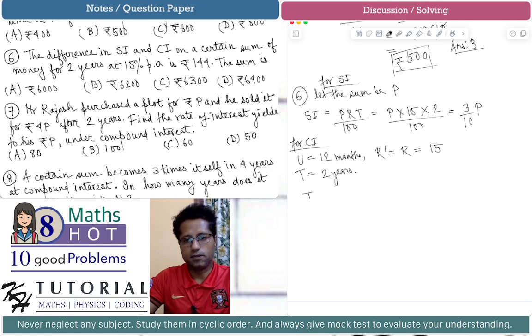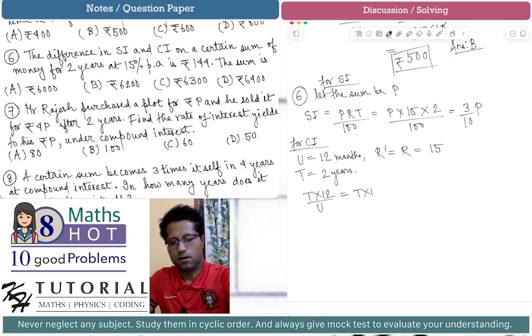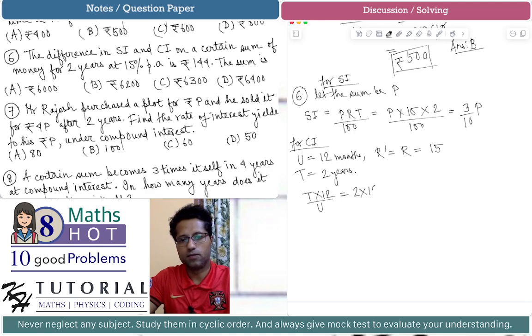Now what is T multiplied by 12 divided by U? This is equal to 2 multiplied by 12 divided by 12, which is equal to 2. So this will imply n is equal to 2 and the fraction part a by b is equal to 0. So we know for the compound interest the amount is equal to P